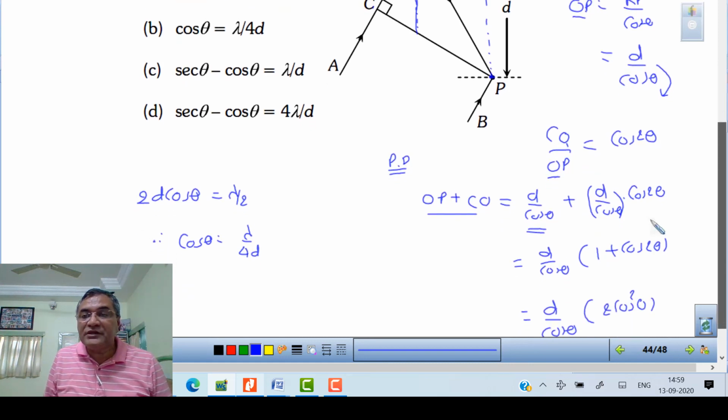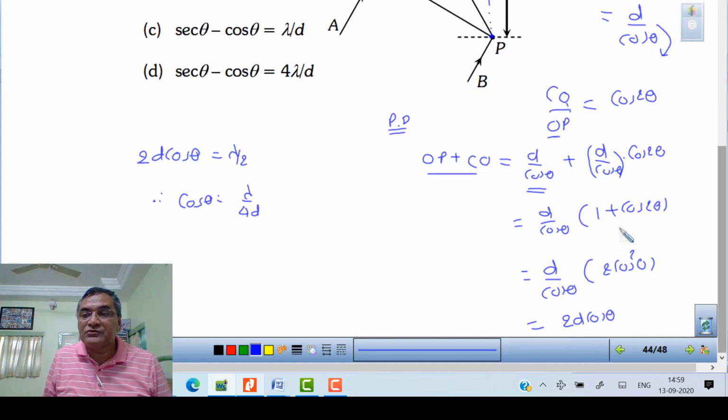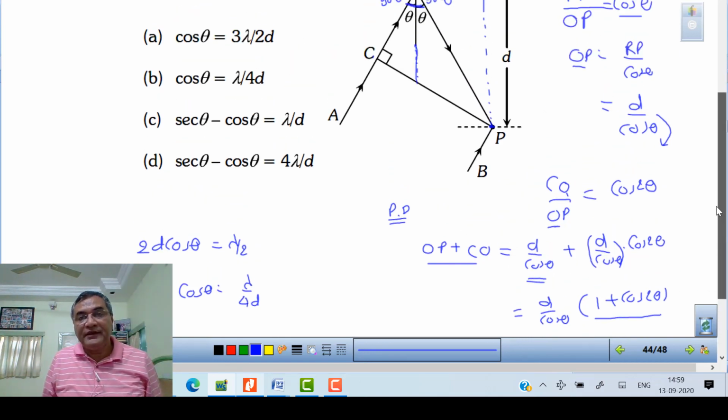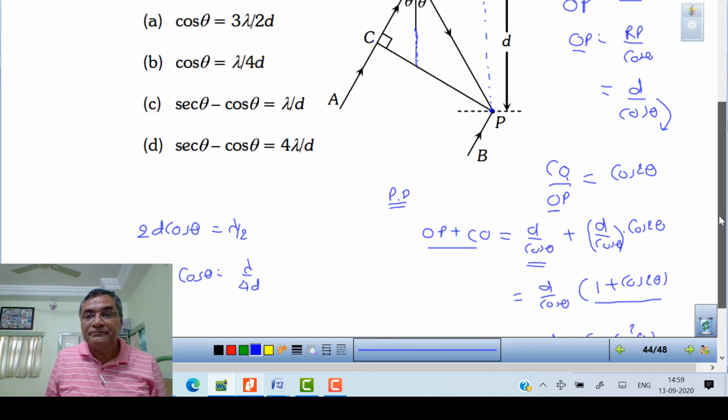Taking D upon cos theta common, we get 1 plus cos 2 theta, and from trigonometry, 1 plus cos 2 theta is 2 cos square theta. One cos cancels, so we get 2D cos theta. So the path difference is 2D cos theta. Path difference is 2D cos theta. That is what it will be. Okay. Now